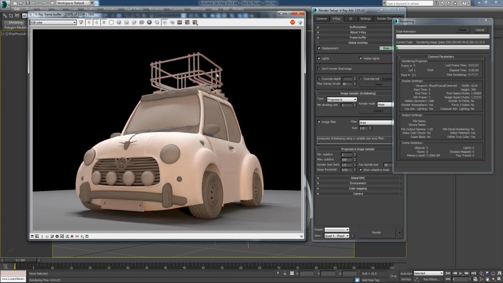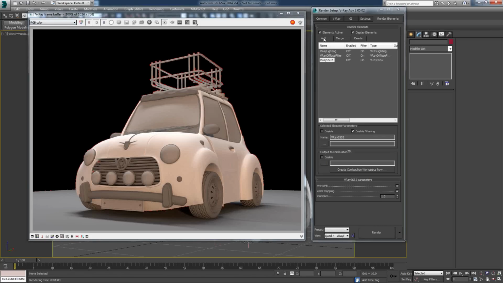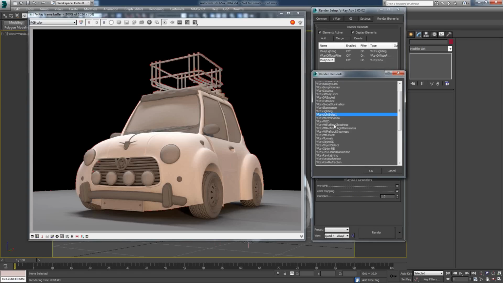So I'm going to stop this, and as you can see, this is a very nice tool for you to see where anti-aliasing, where more samples are needed, where your noise would be, and a very good debugging tool for your optimizations. I would like to add one render element in order to show you